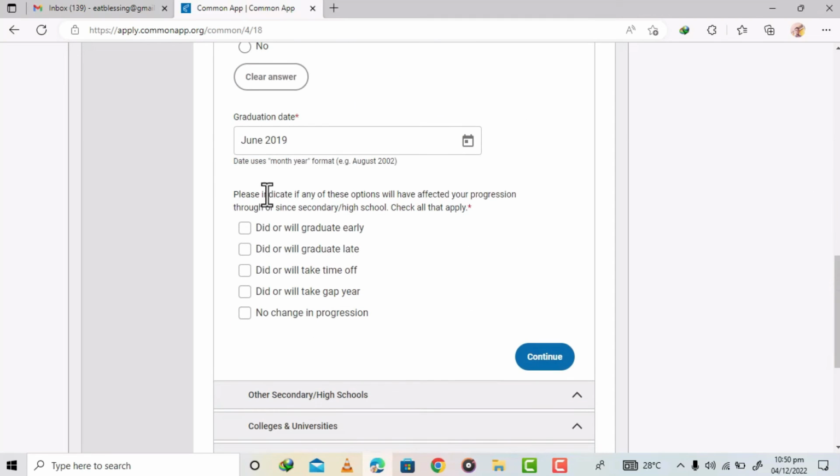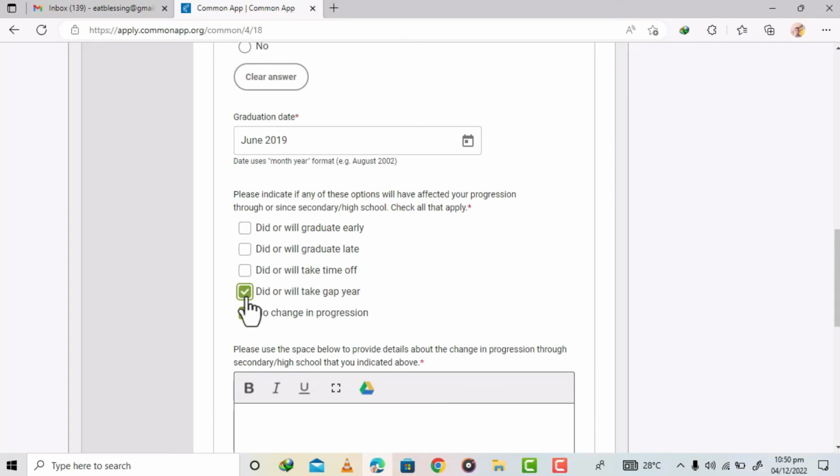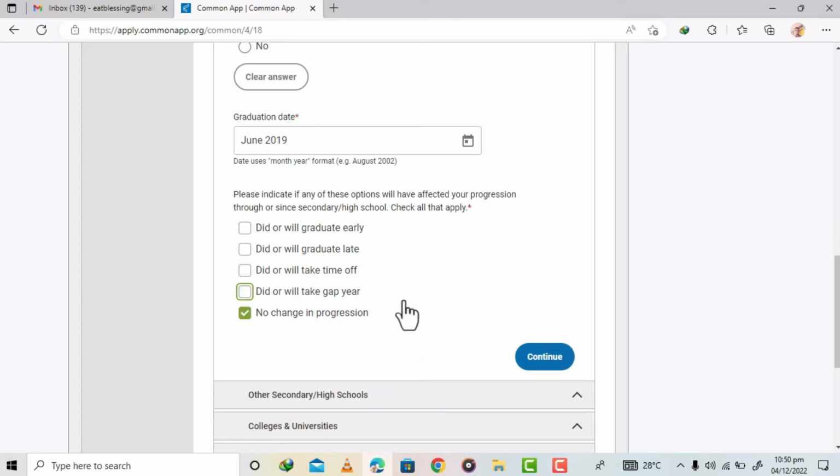Please indicate if any of these options will have affected your progression through or since secondary high school. Check all that apply. Actually no change in progression, but you're gonna go through this. If you think that any of them works for you, if you took a gap year, that is if you paused and started in a different year, then you're gonna choose did or will take a gap year. But actually I did not take a gap year, and if you are still in school and you think you're gonna take a gap year, you're gonna choose this. But actually there was no change in progression. I just went and I completed in 2019. So I'm gonna click continue,